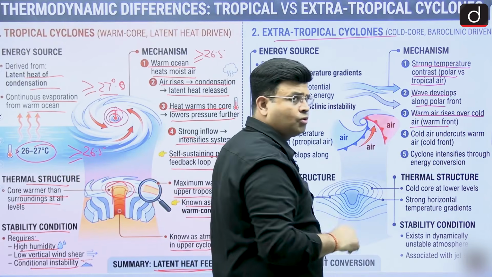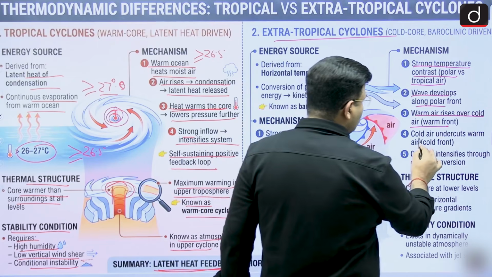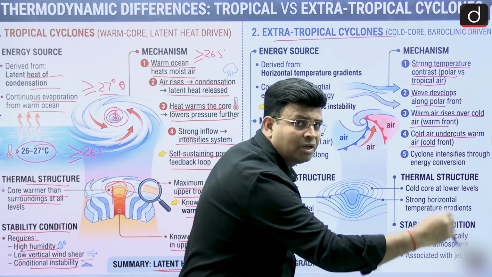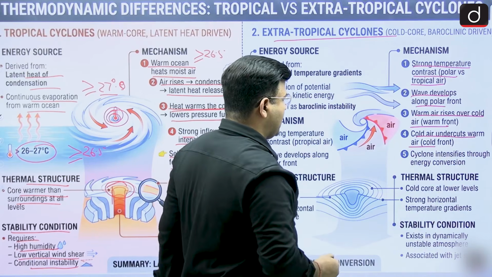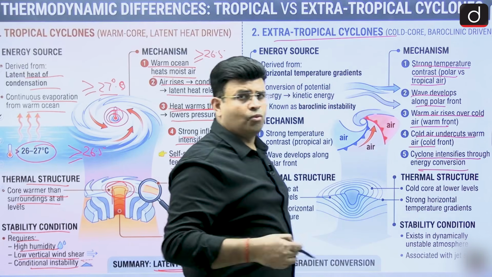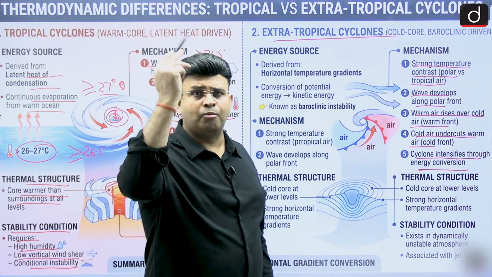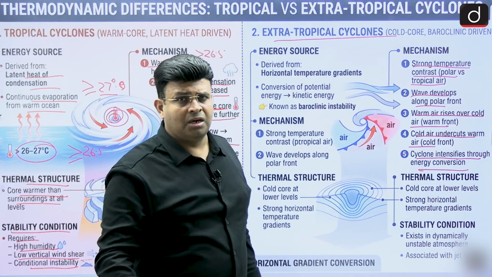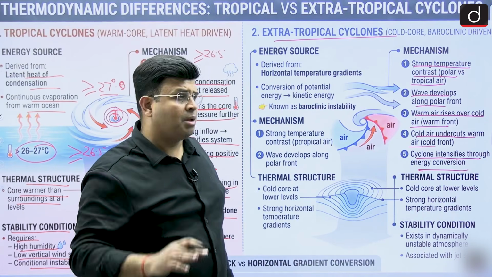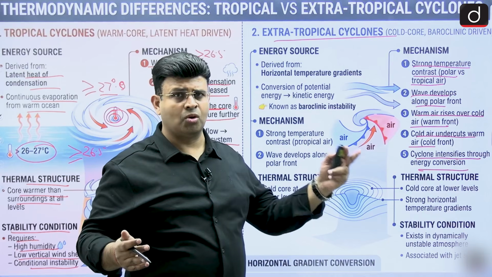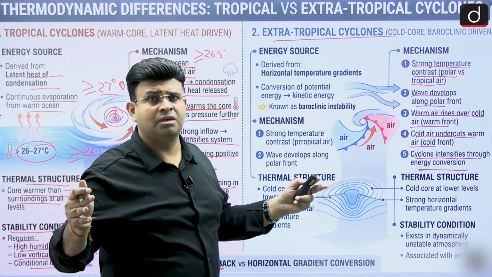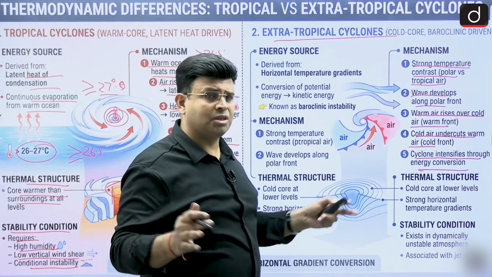In the warm front also, warmer air rises, and cold air undercuts warm air. Cold air from below is moving, and warm air is moving upward. The cyclone intensifies through energy convergence, and the warm air keeps going upward, releasing some latent heat, but that energy is not required. Temperature contrast, cold air has low temperature and warm air has high temperature, helps in the formation of